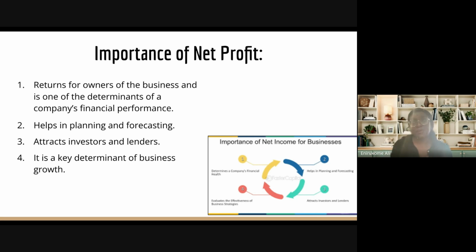So if last year, based on all my calculations, I've been calculating my net profit on a monthly basis, and at December I realized that I made 2 million naira from the business in 2023, but my net profit from that 2 million naira was actually 300,000 naira. So it puts me on the spot, because am I spending too much? Is that profit margin normal for my type of business? And if so, how can I increase my performance? How can I go from 2 million to 5 million naira in sales, so that I can move my net profits from 300,000 naira to 1 million naira? So those are the kind of conversations that we have